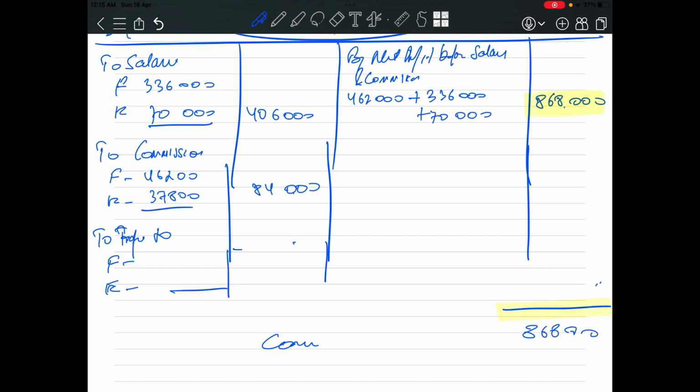86,800. 868,000. So this side will also be 868,000. Okay, so if you less these two items, you will get the profit amount. So the profit amount is